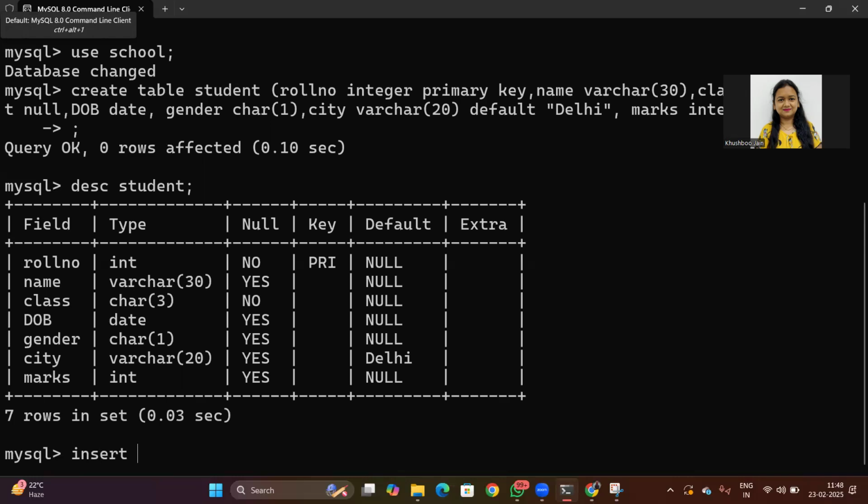Now I want to input data inside this. For this I will be using insert into, then the table name, whatever you have given, student, and values. So here first I have taken roll number, then I am taking the name, then whatever characters you have taken, the varchar and char, they will come inside inverted commas, date as well. Numbers you can use without inverted commas. So next is my class. Class is characters. So I am writing 12th,